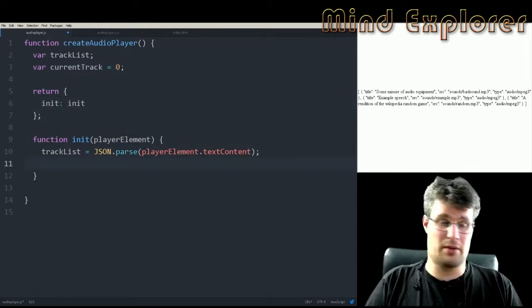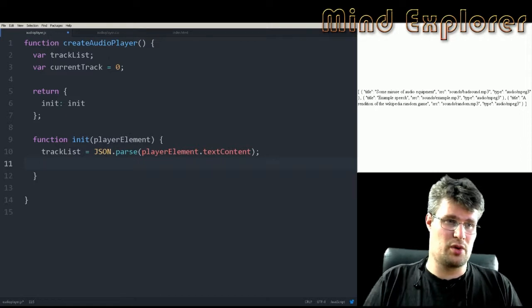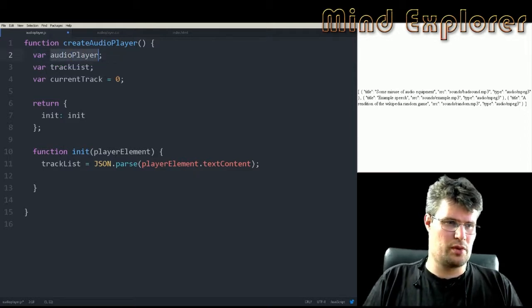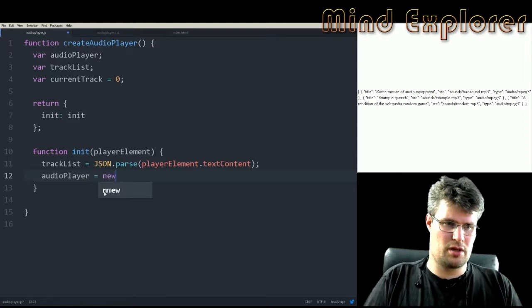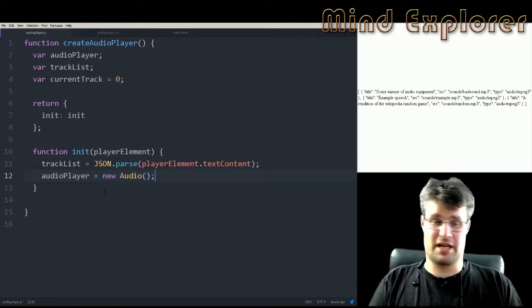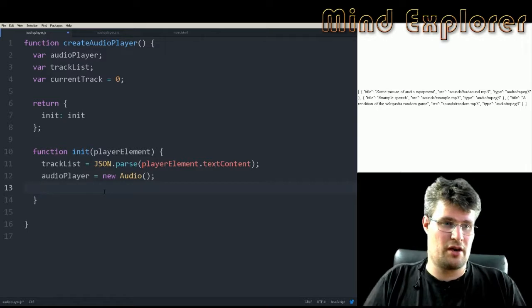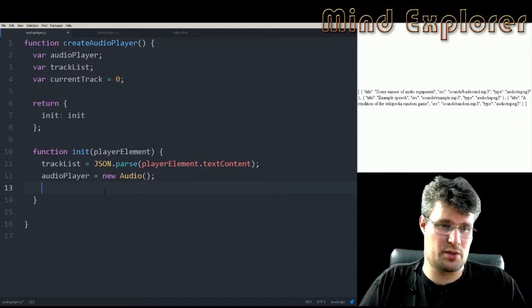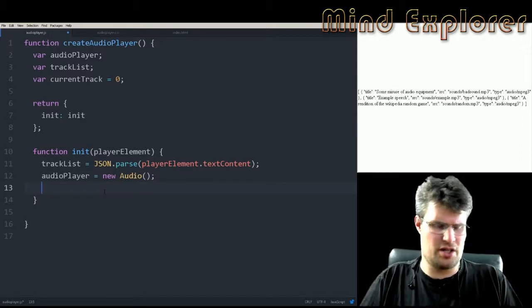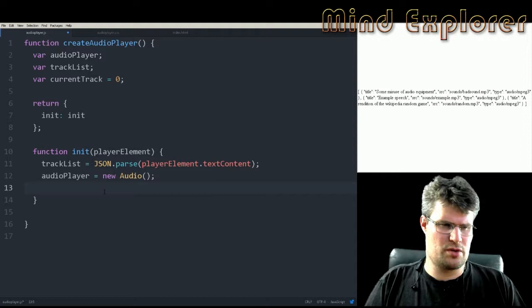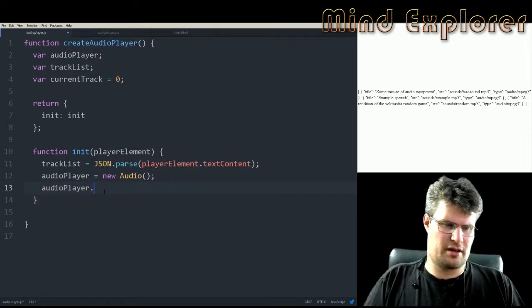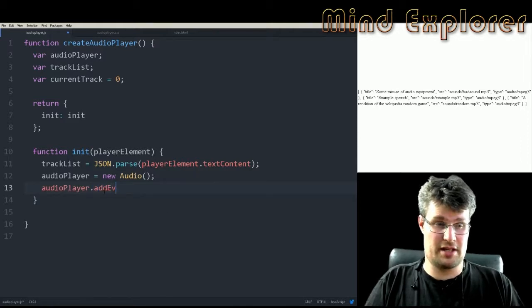Then we will create our audio element. I think we also need a connection to that, so audio player up here. We will create our new audio. So that is actually a JavaScript function or JavaScript object that you can initialize with new. So now that I have my new audio player, I want to add player add event listener